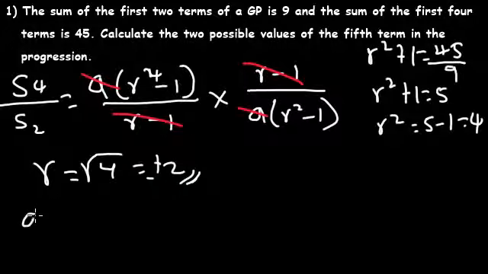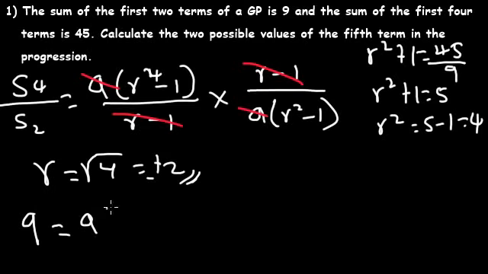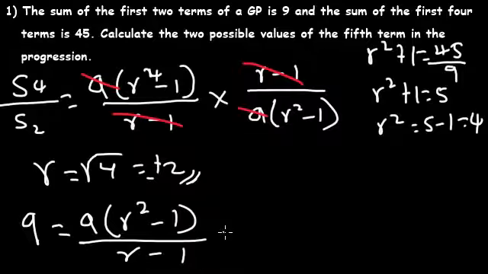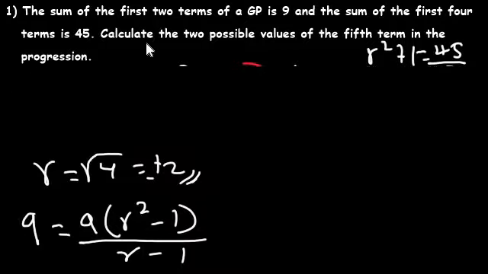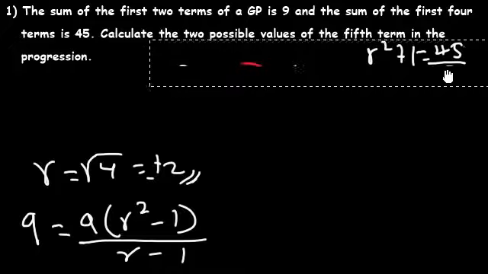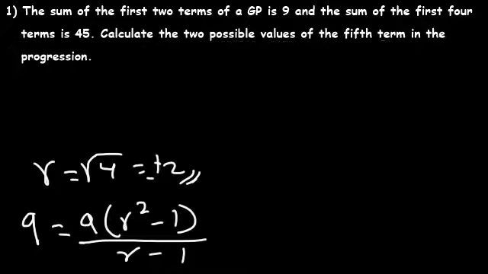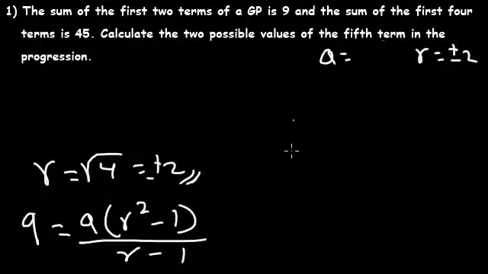That is when 9 is equal to a multiplied by r raised to power 2 minus 1, all divided by r minus 1. So now r is plus 2. When r is plus 2, what will be the value of a? Let me write the value of r somewhere around here. So r equals plus or minus 2. So the goal is to find the value of a as well. So when r is plus 2,